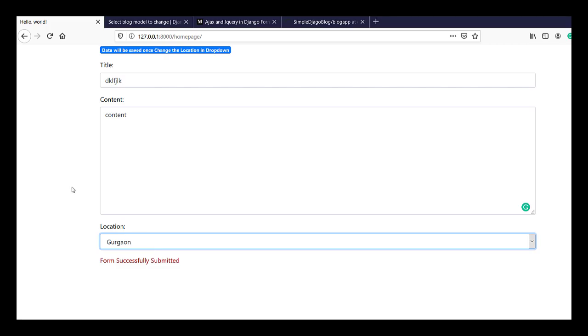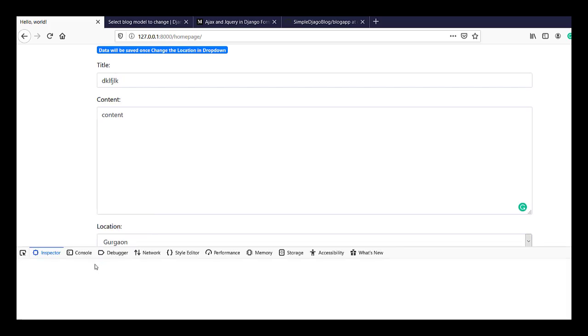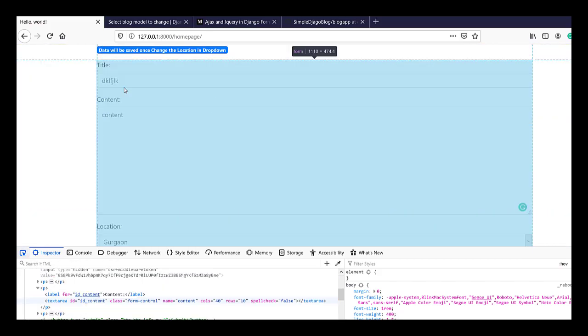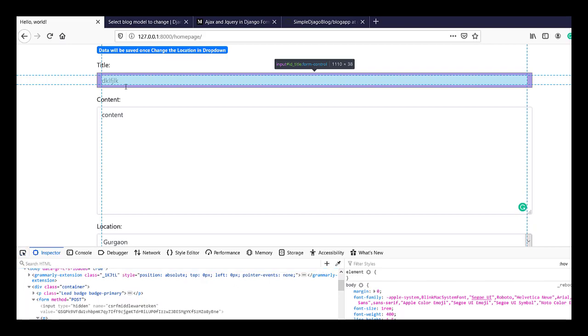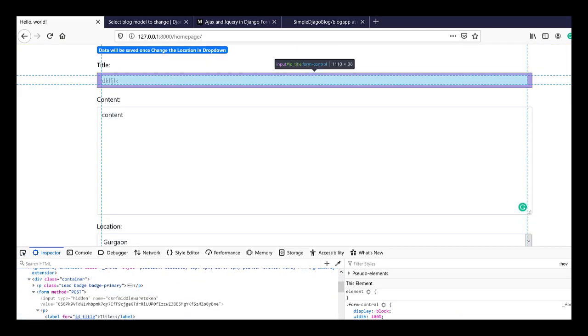To see the ID of the title field and content field, we have to inspect these elements. I'm clicking on this arrow button, and let me choose the title field. This code is responsible for the title field. This is an input field, and it has an ID of id_title.